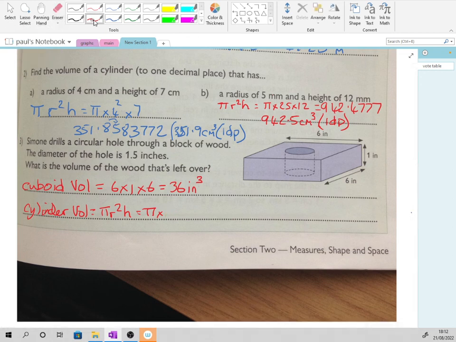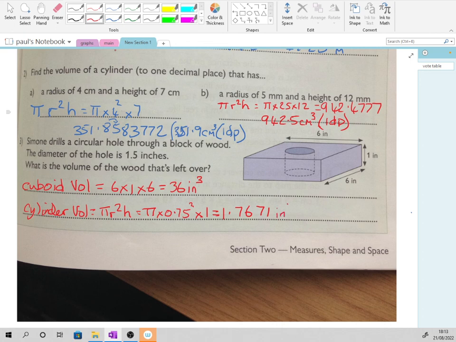Half of 1.5 is 0.75 squared times the height times 1, which equals, oh, nearly caught me out there. So shift pi times 0.75 and use the square button on the calculator, and then times 1. Well, didn't need to do that, but there you go. So that comes out as 1.7671